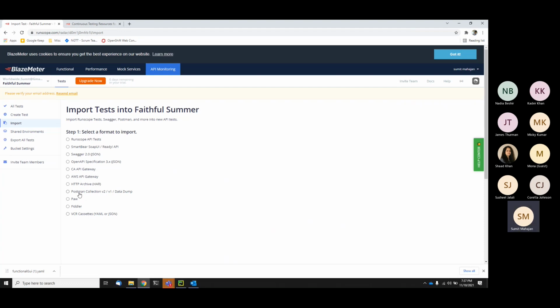Mostly you will be using Postman collections, or you will be using your Swagger configuration. So Swagger is a documentation that is automatic when the developers create their APIs, microservices or any API. So this is a good format. Postman is one, or you can download from the Chrome browser HAR directly,